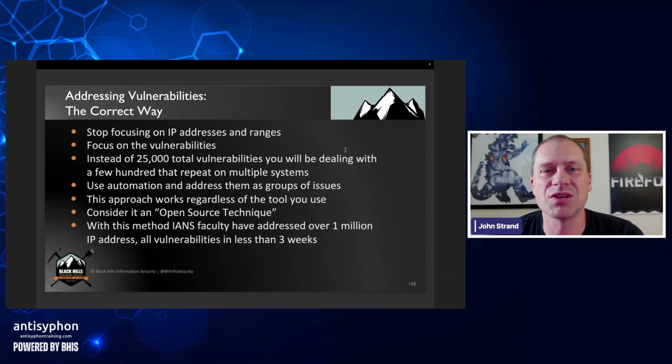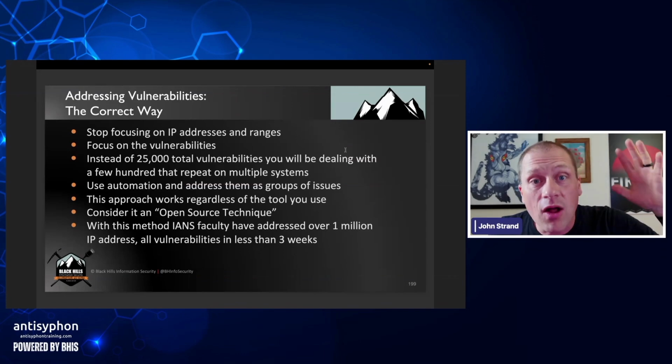Let's say SSL cipher suites. It sucks. It's a horrible vulnerability. Don't really spend much time worrying about it, but it's going to show up in your vulnerability scan. It's going to have to be something you have to take care of for PCI. And frankly, it sucks. But if you have a 5,000 server farm of web servers and they all have that